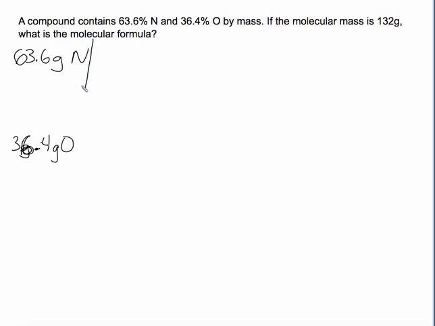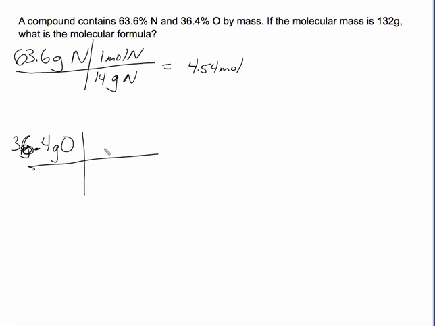All right, so the first thing that we're going to do is change to moles to get the empirical formula. So for every 1 mole of nitrogen, you would have 14 grams of nitrogen. And so if you do the math there, you're going to end up getting about 4.54 moles. And then if you do this one down here, you change to moles. So 1 mole of oxygen is 16 grams of oxygen. That's going to be equal to 2.28